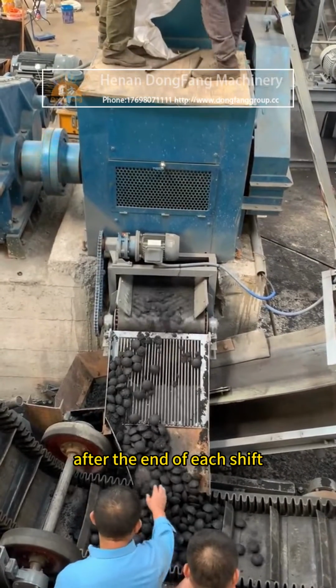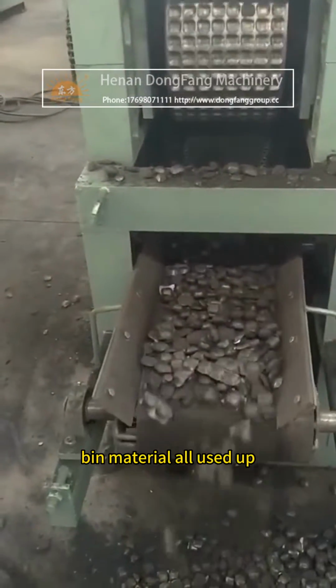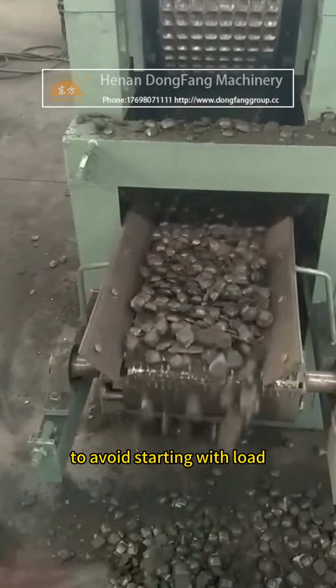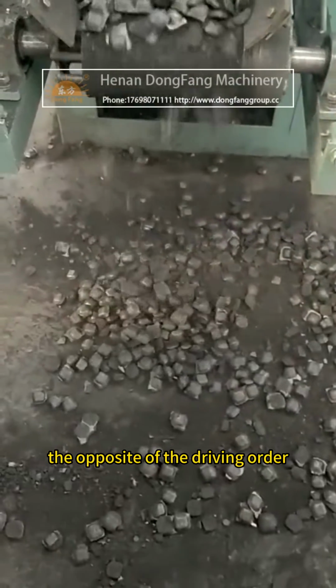Fourth, after the end of each shift, the steel slag press bin material should be all used up, and no raw materials shall be left, to avoid starting with load. Finally, for normal parking or emergency stopping, follow the opposite of the driving order,